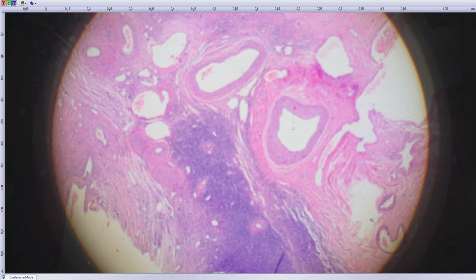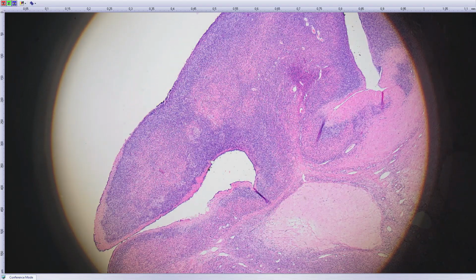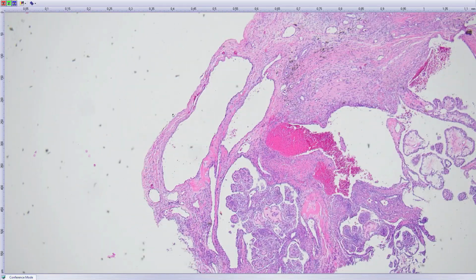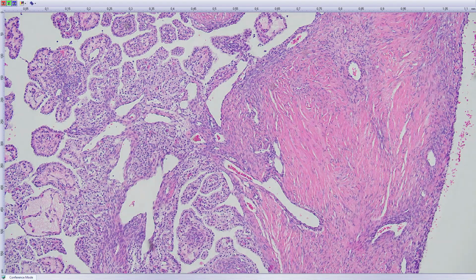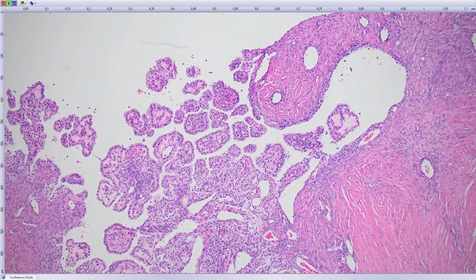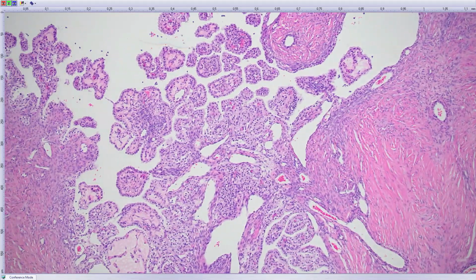Now I have a very nice case. It's a young female, I don't know precisely the age, and she had a tumor of the ovary. You see the ovary here nicely. The tumor was on the surface of the ovary, at the place where it's attached to the fallopian tube, and it continued to the broad ligament. It's a benign tumor. I see it for the second time in my life in the fallopian tube and broad ligament. And it's called papillary cystadenoma,